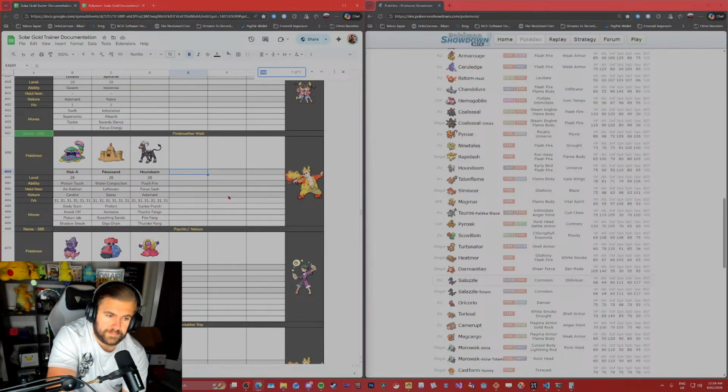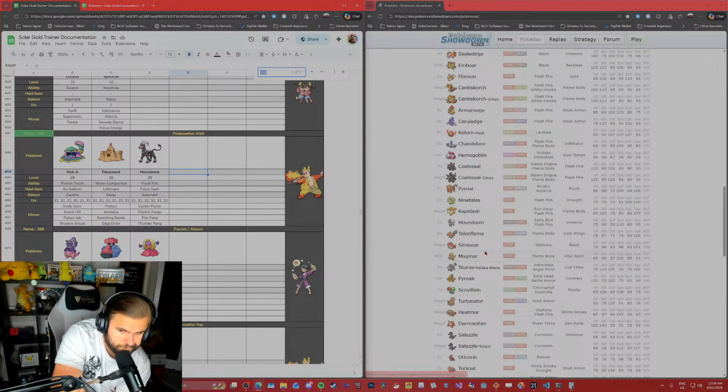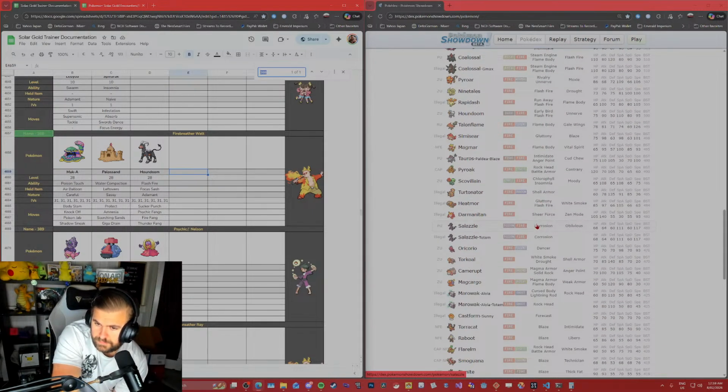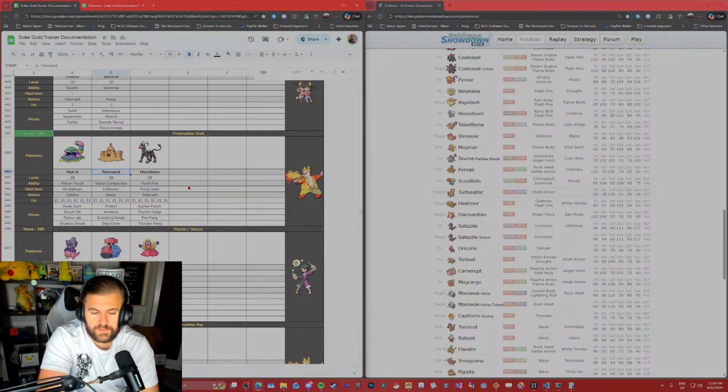Houndoom. I don't even know how to put him, man.